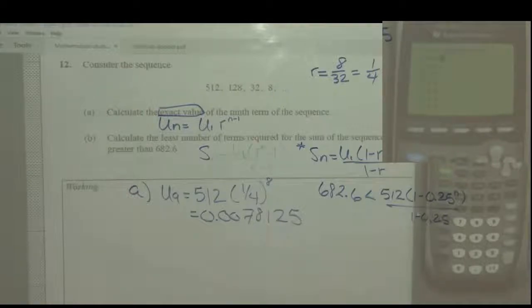I'm going to type in this side of the formula into the y equals, so I can look at the table, and you're going to have to be careful how you type it in. It's 512, and you can actually just type in the brackets 1 minus 0.25 to the power of x, close the bracket, and then that's going to be divided by